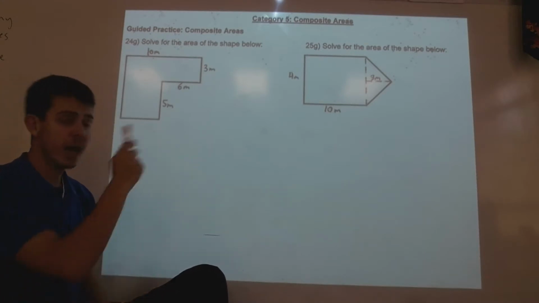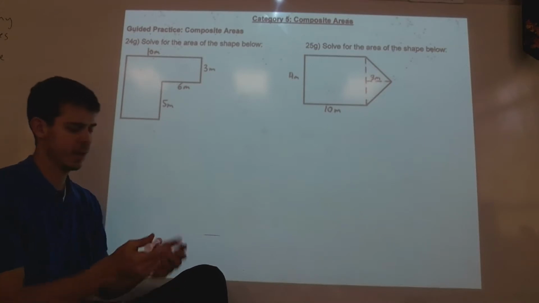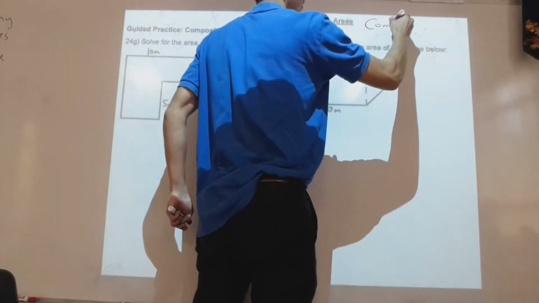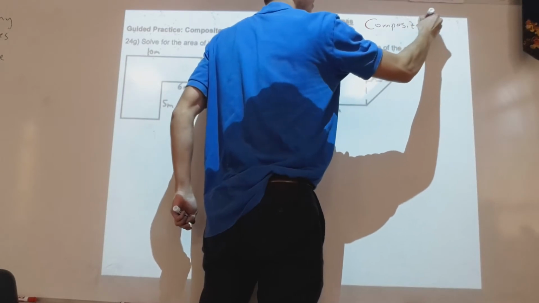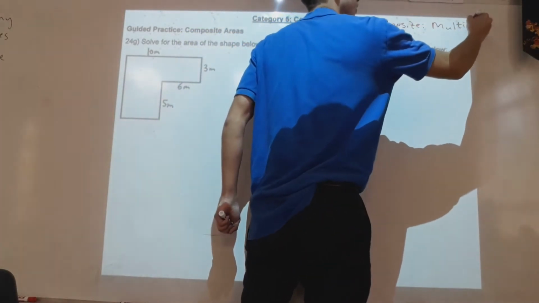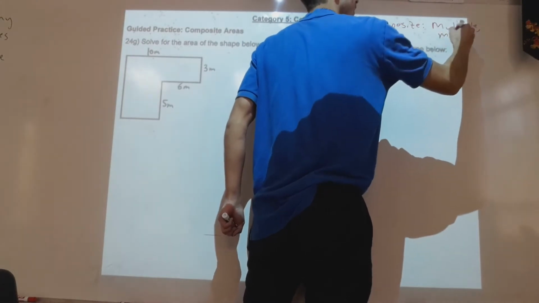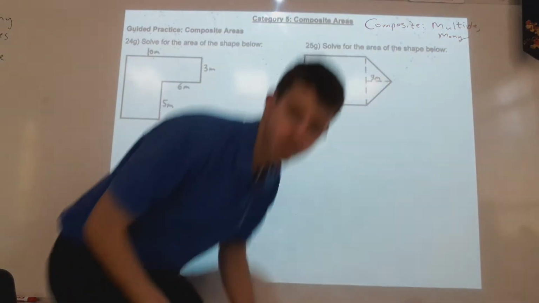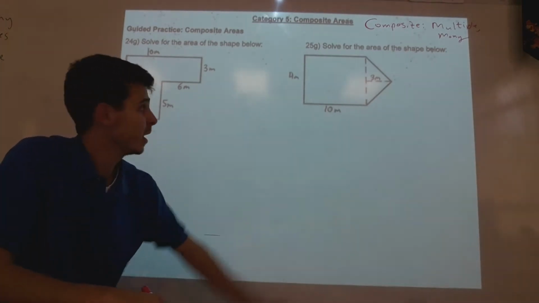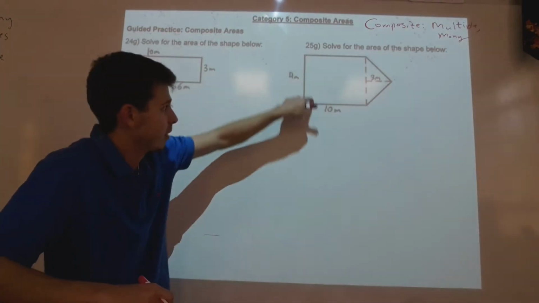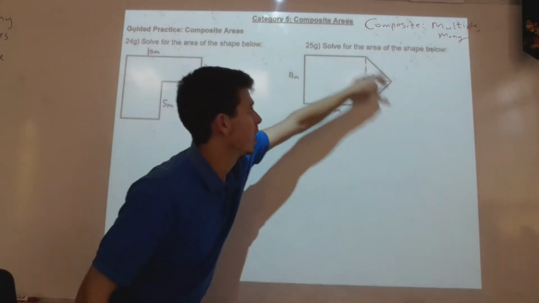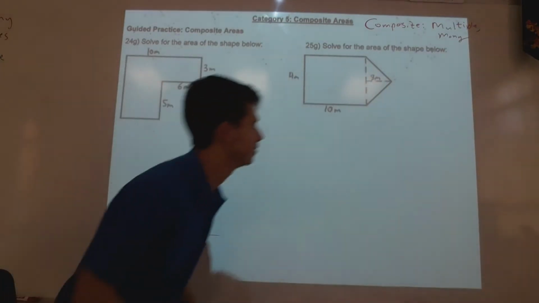So, Category 5 is composite areas. Composite means multiple or many. So, solving for composite figures, there's many different shapes. In this one, we see the rectangles right here, and then we see the triangles right here. Now, the way that you solve composite figures,